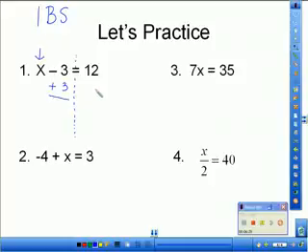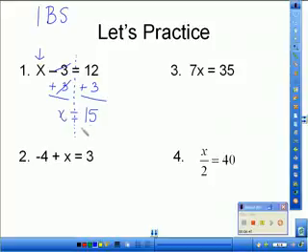Whatever you do to one side, you must do to the other. This is called balance. And then finally we solve. We can cancel our 3's, and 12 plus 3 equals 15. Your equals comes down, your x comes down,